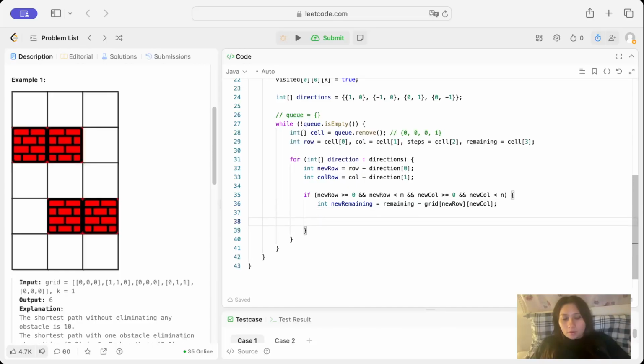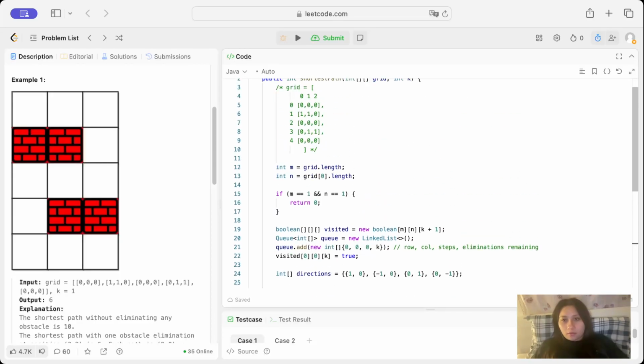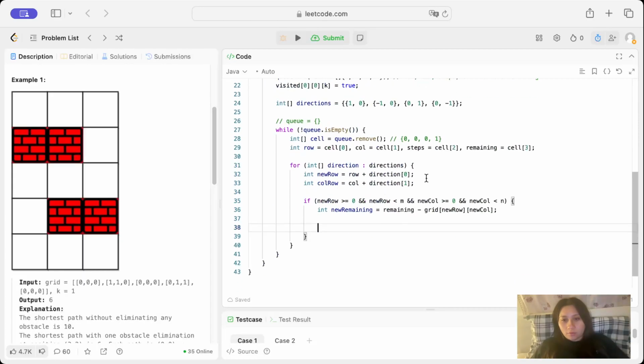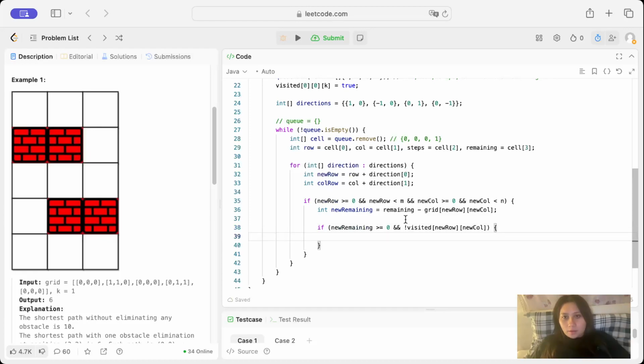Okay, and then we want to check that we can actually eliminate it, because we don't want it to get into the negatives, because that would be bad and not actually legal. So if new remaining is greater than or equal to 0, and we have not already visited this cell, then